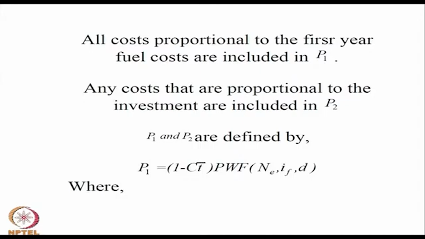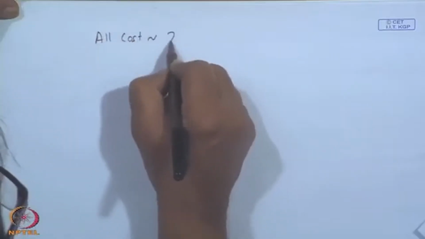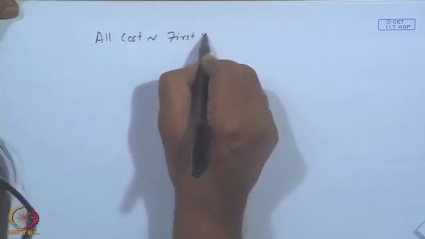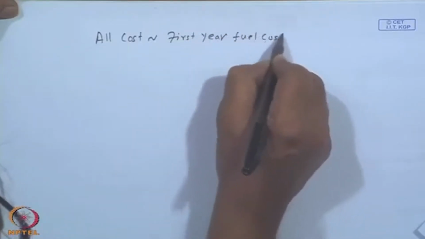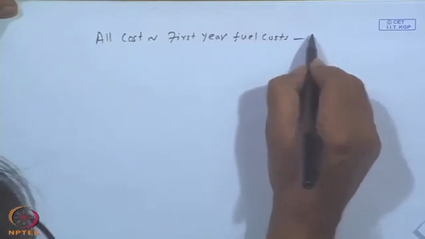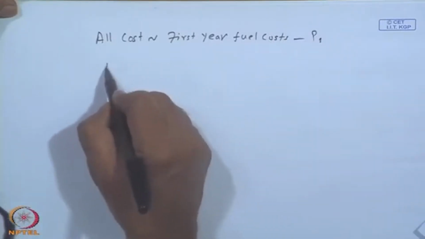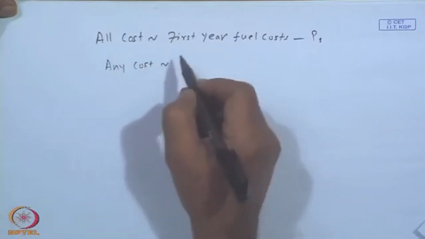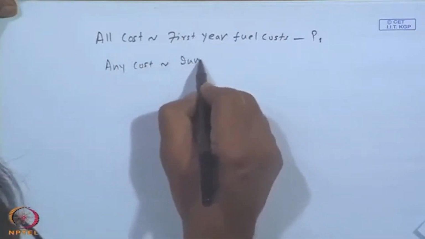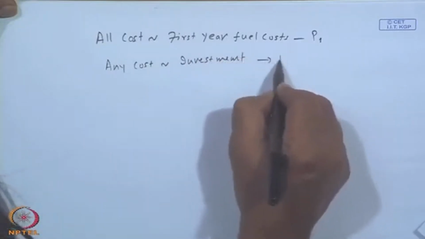So, all costs proportional to the first year fuel costs are in P1, and similarly any cost proportional to the investment is in P2,